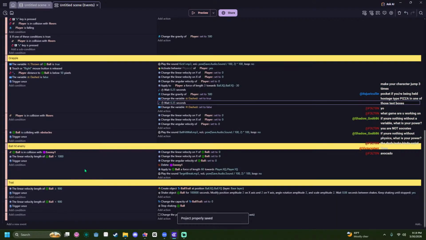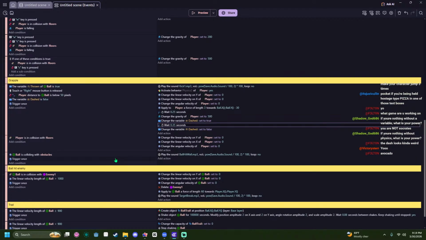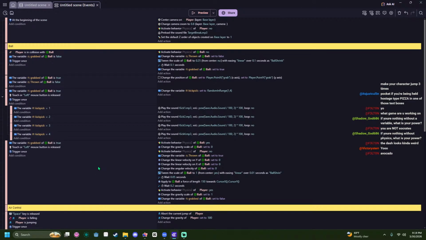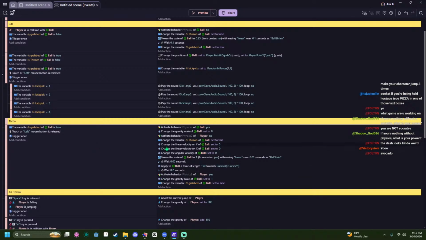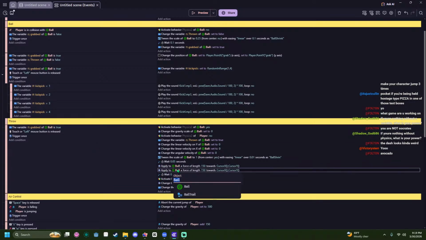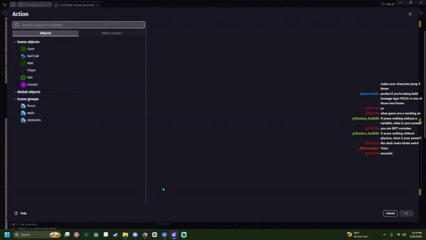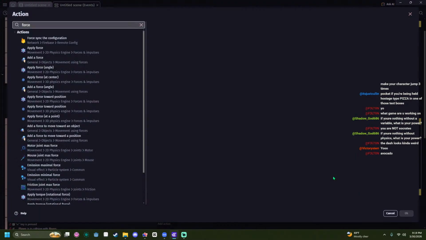I also want to make it to where we're throwing backwards when we throw it. So whenever we, right here, ball, left click, apply a force to, no, we did an angle. Let's do it from scratch. Apply a force. See, it's broken again. God damn it, man.